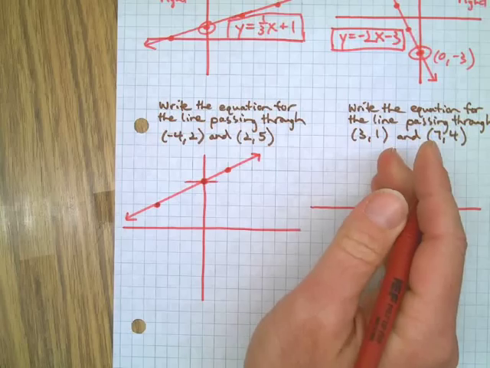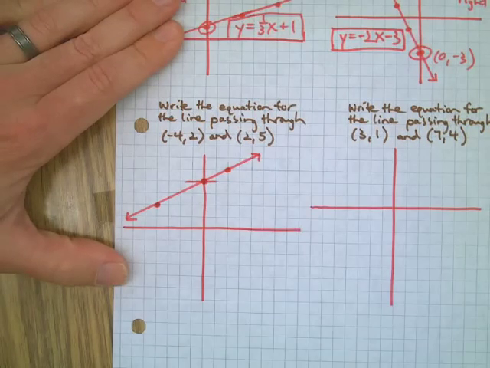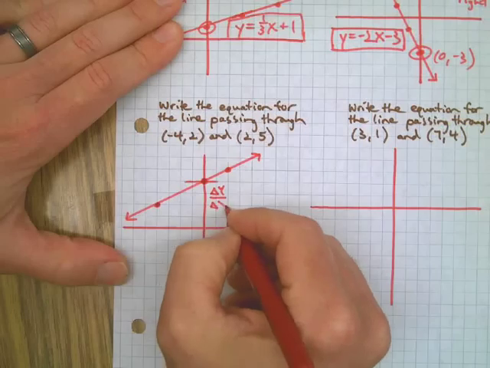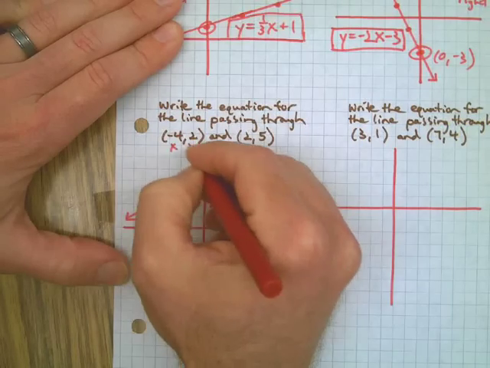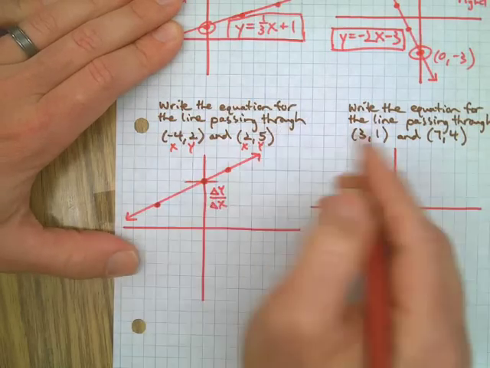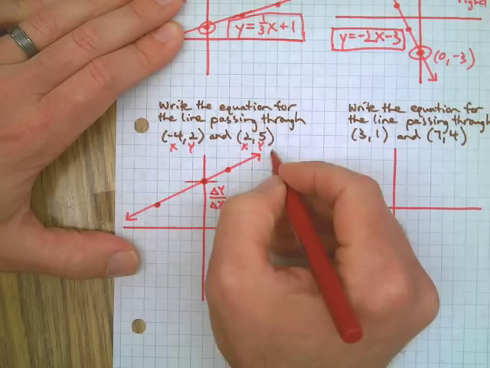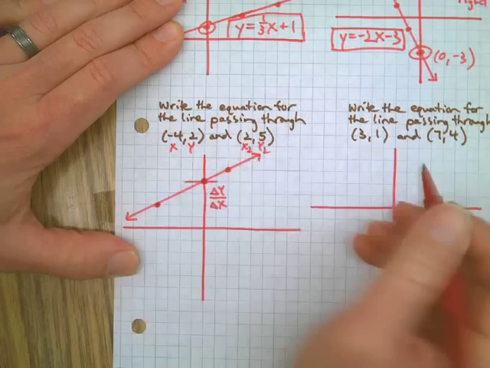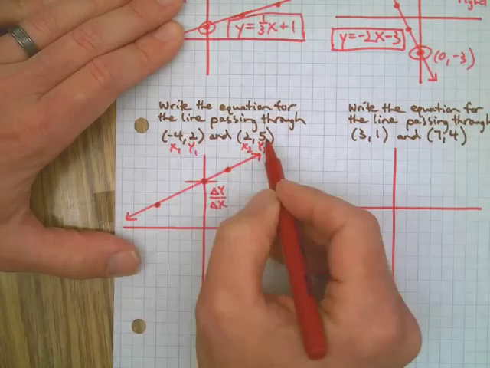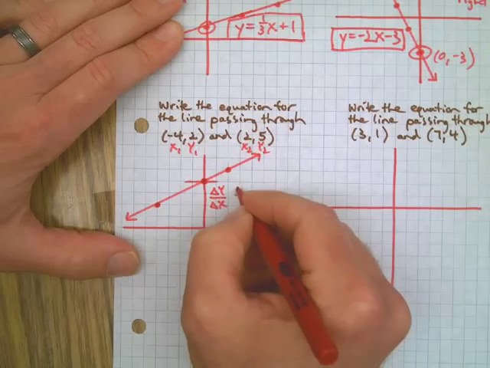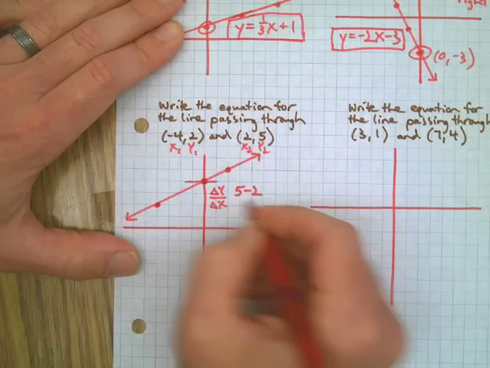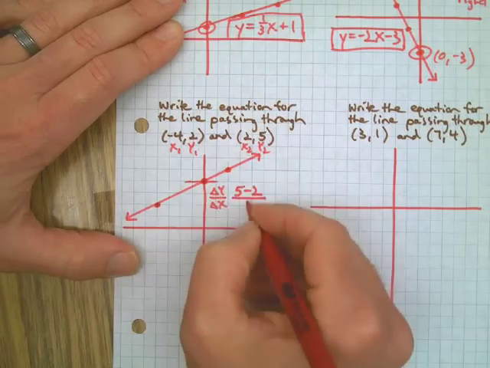Let's pretend I did not get lucky. Here's another way to find the change in y over the change in x. Since I have x and y coordinates here, if I just do some subtraction, I'm going to call these x2 and y2 so I can keep track of them. I'm going to subtract 1 from 2. In other words, I'm going to take y2 and take away y1. Then I'm going to go x2